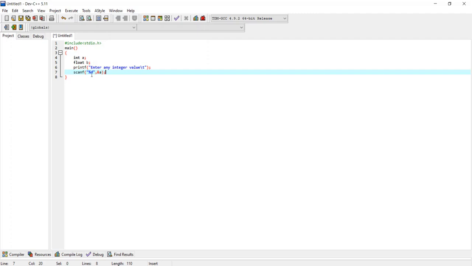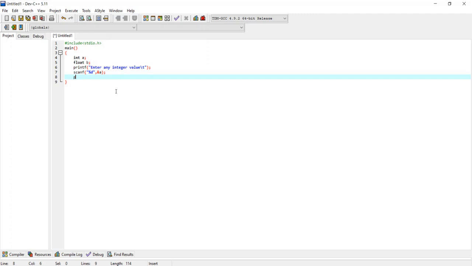Then we have used &, which is called the address operator. We just have to give the address of the variable a where we want to store the value that the user enters from the keyboard. Okay, so this is the input instruction that we have to write in C.